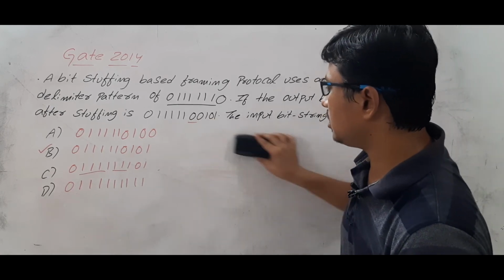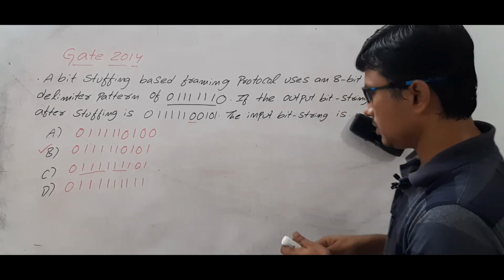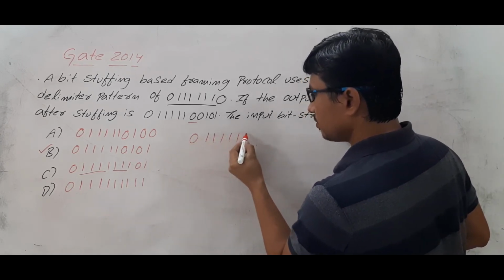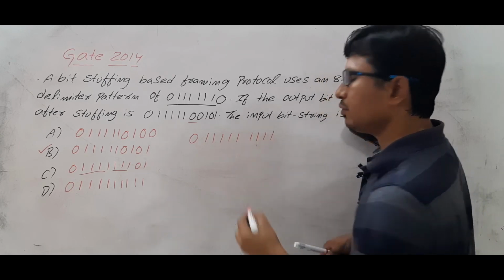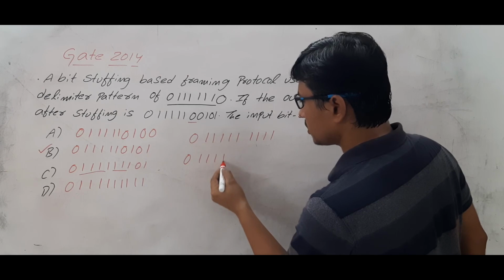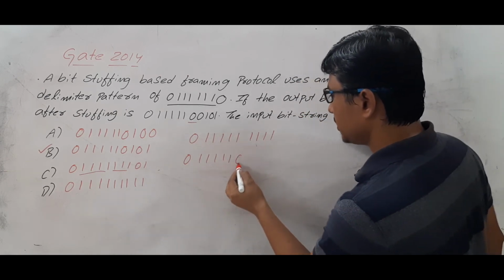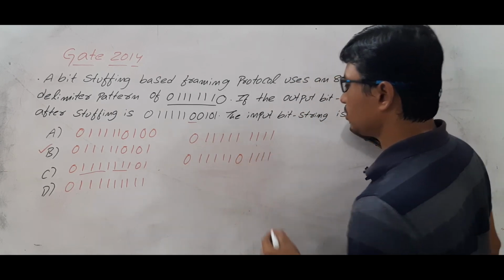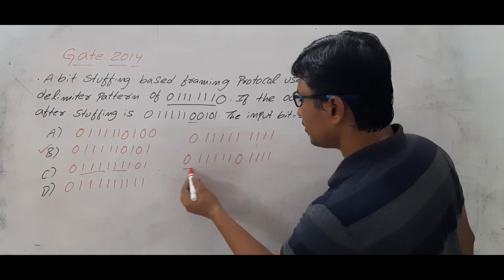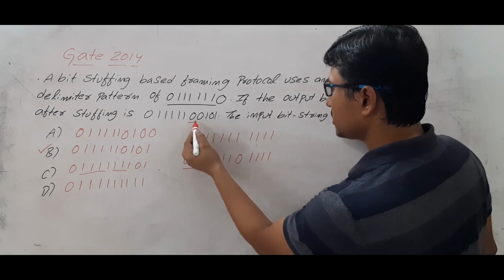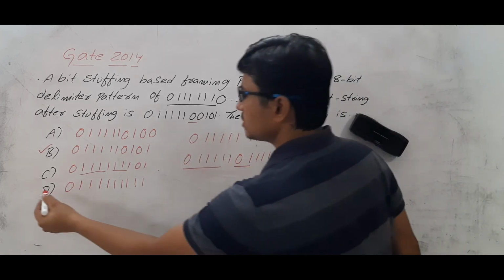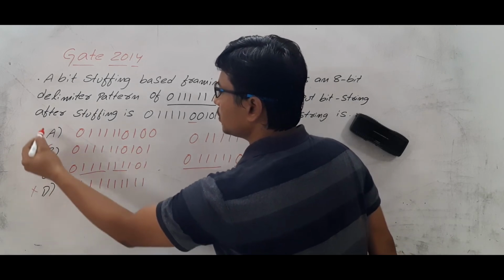Now we will see option D. What is the problem? 0, 9 1s. 5 1s, 9 1s are there. Compute the output. 0, once you get the 5 1s, keep a 0, then again keep the 4 ones. This is the output you will get for this input. 0 5 1s is okay, but here it is 0 0, but you got the output as 0 1 here. So even this is not the correct input.